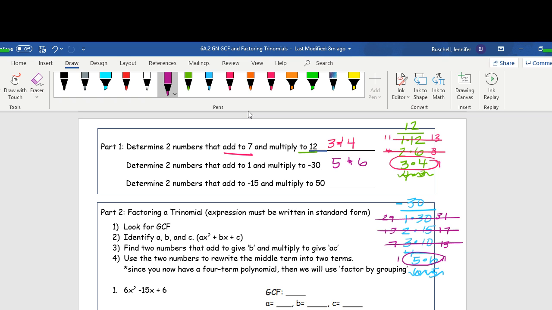But right now, if I just keep 5 and 6 and I multiply them, I get a positive 30. So I can't have that. When I'm multiplying to get a negative number, one of my numbers has to be negative. If I'm trying to add to get a positive number, then that means my smaller number has to be the negative. So negative 5 times 6 gives me negative 30. Negative 5 plus 6 gives me a positive